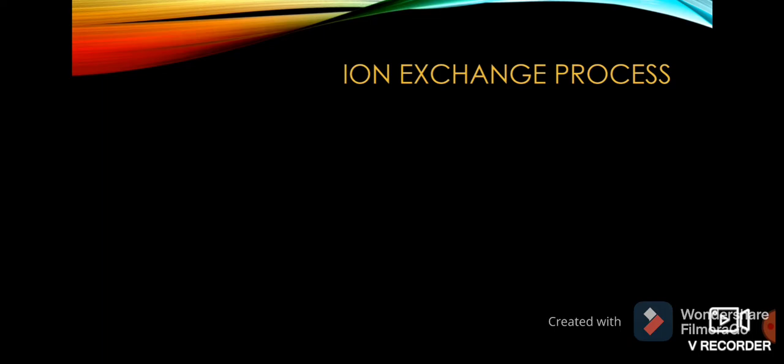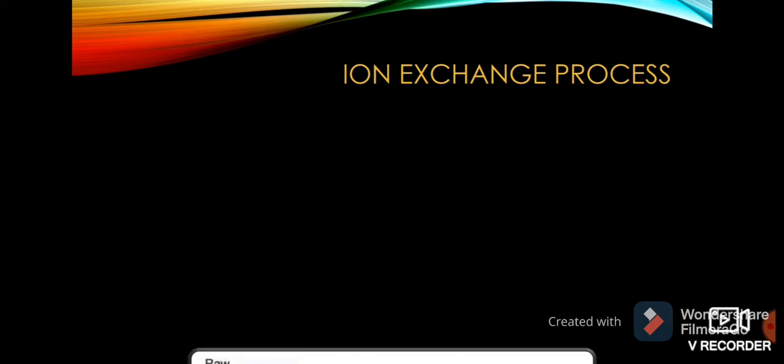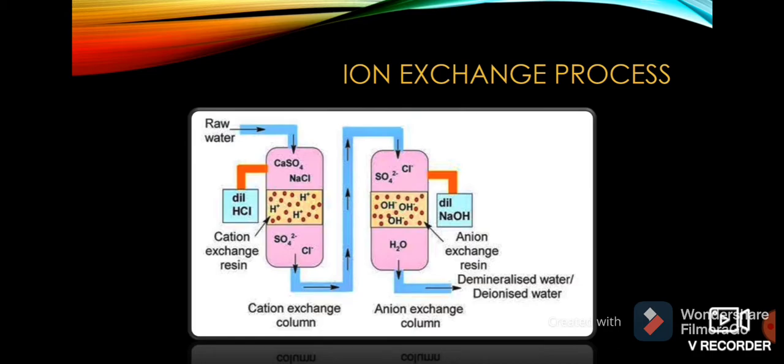Now let's understand how an ion exchange process takes place. Here we can see the schematic setup of an ion exchange process. The raw water is first passed through a container with cation exchange resin. Here the cations present in water such as Ca2+ and Mg2+ get exchanged for the abundant H+ ions in the resin. And also then the water is passed to the